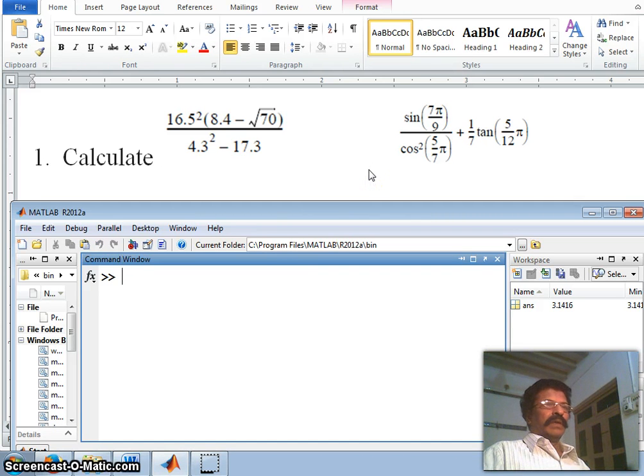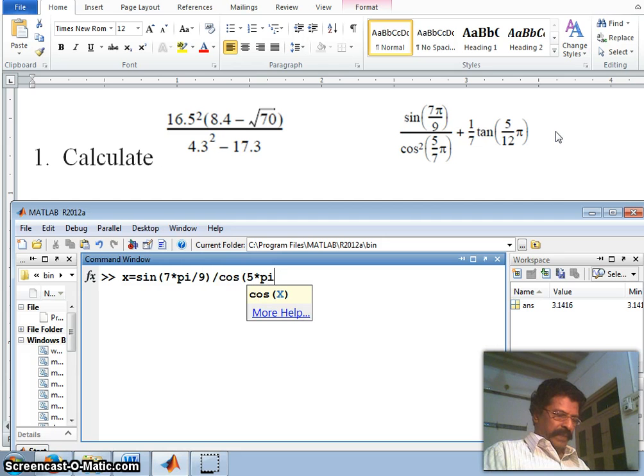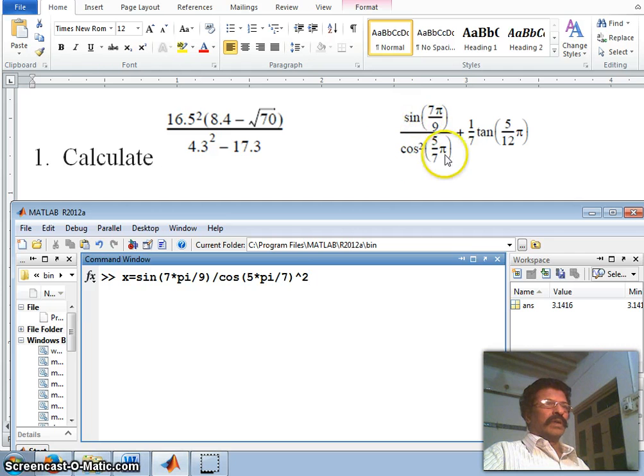Therefore, I will take two terms. This I will take as a term, and this I will take as a term. Therefore, x is equal to sine of 7 multiplied by pi divided by 9, and this is then the whole divided by cos of 5 multiplied by pi divided by 7. For this we find the square. Alright. So this one cos square of 5 pi divided by 7 whole